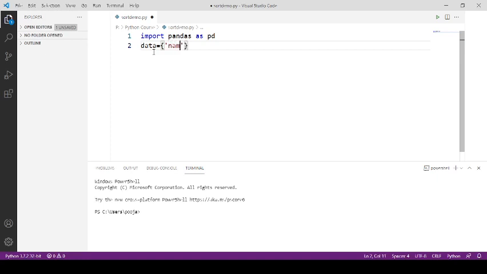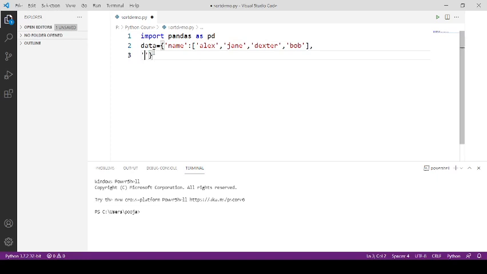So for the key I am writing name, and then I am providing dummy data to it, dummy names. You can provide any data over here, and then we will sort this data frame, and we will create the data frame from this dictionary only.